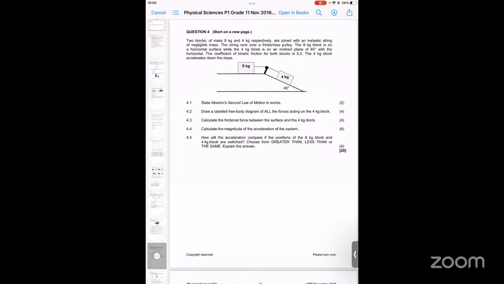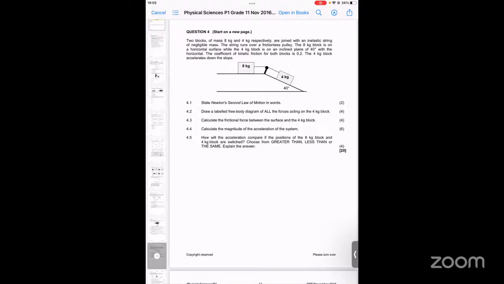The string runs over a frictionless pulley. The 8 kg block is on a horizontal surface, while the 4 kg block is on an inclined plane of 40 degrees